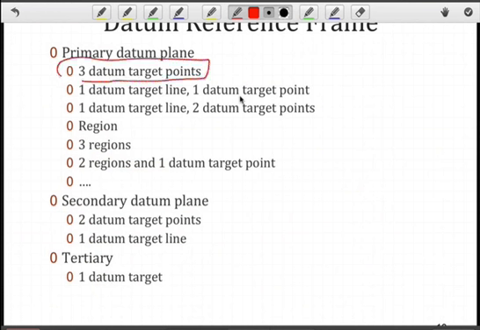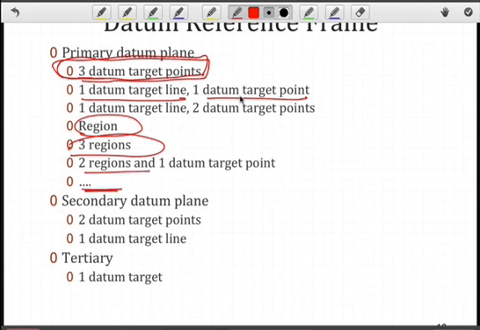As we saw in our equation, we could just use 3 points, or we could use a line and 1 point, or an entire region, or 3 regions representing 3 components of the plane, or 2 regions, and again, this is not an exhaustive list, but it gives you an idea of how they might be combined. For the secondary datum, we might take 2 datum target points, or a target line. And finally, for the tertiary, we might take 1 datum target, a point or region, again, telling us something about where that